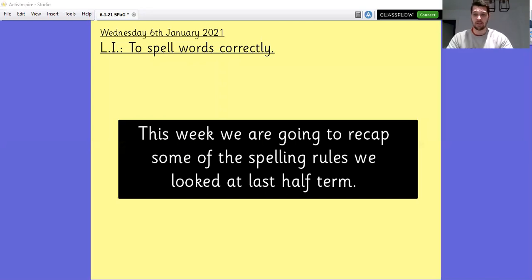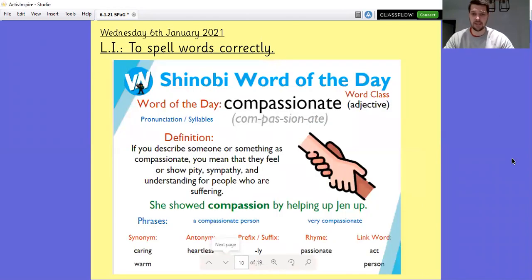So I'm going to share my screen with you. Today, we are going to look at our word of the day and we are going to recap some spellings from last term and hopefully spell them correctly. You had a chance in Morning Fluency to look up today's word of the day, compassionate, and here is the